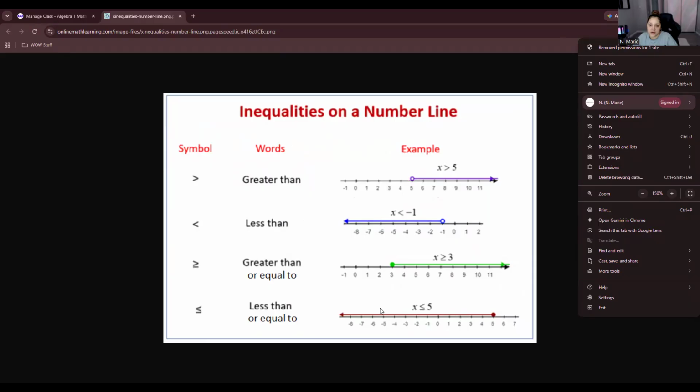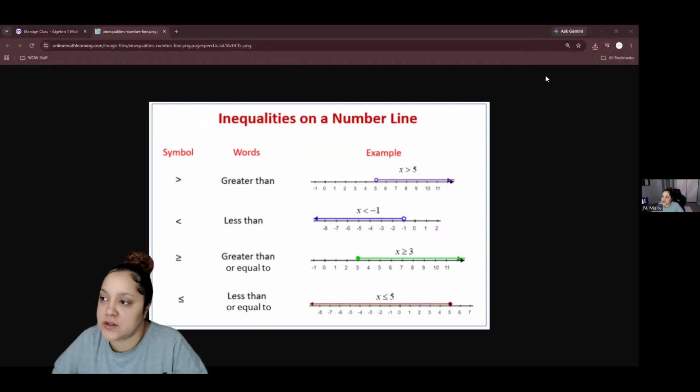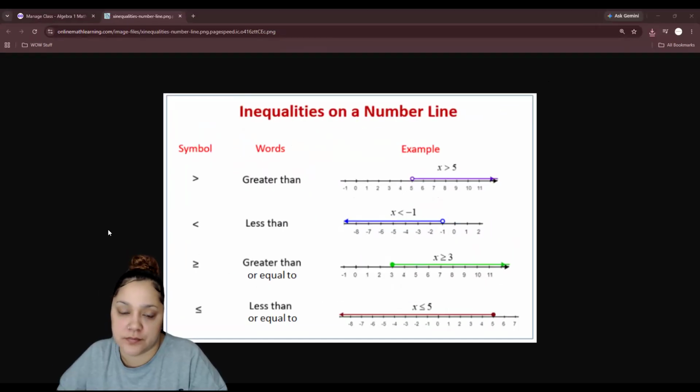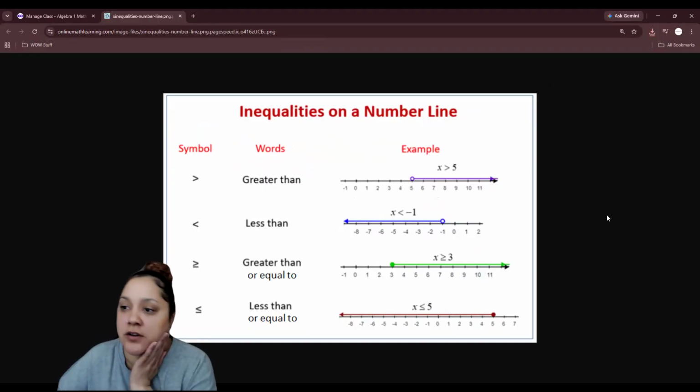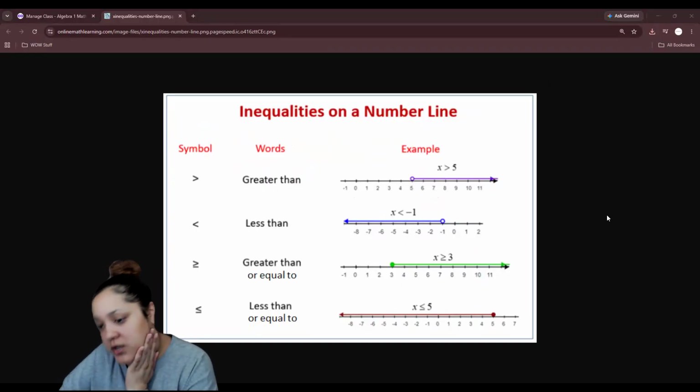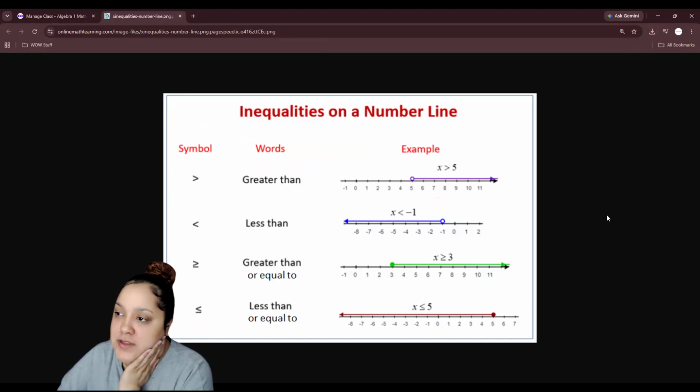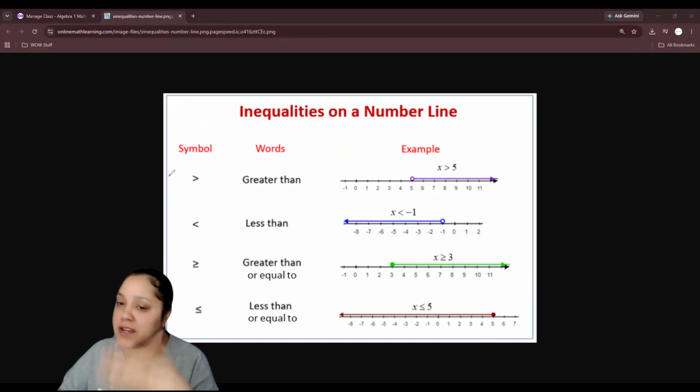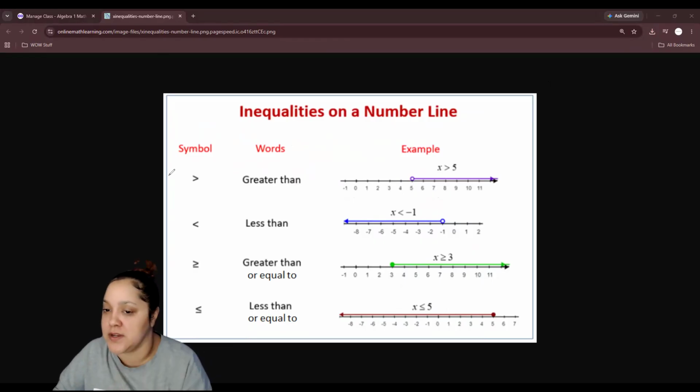Welcome. In this video, we will be solving inequalities. Let's go through the basics. Hopefully you have dealt with solving inequalities before. Usually you learn them in 6th, 7th, 8th grade, and then you go into Algebra 1 and do multi-step. Usually 6th grade is intro, maybe some one-step. 7th would be one-step, two-step, and then 8th grade is usually multi-step, and then Algebra 1, of course, is